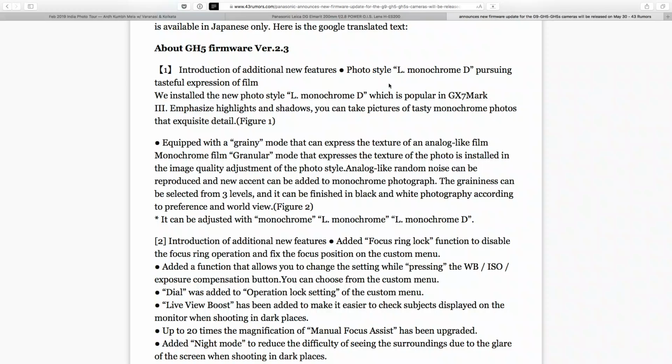So when this was announced with the GX9, is that right? I think that's the right model number. Anyway, that was recently announced with another camera, and that is now being brought to these 3 cameras, which is great. I'm actually excited for that because I've been looking forward to playing with that, and I haven't yet played with it. So it has a grainy mode that's part of that